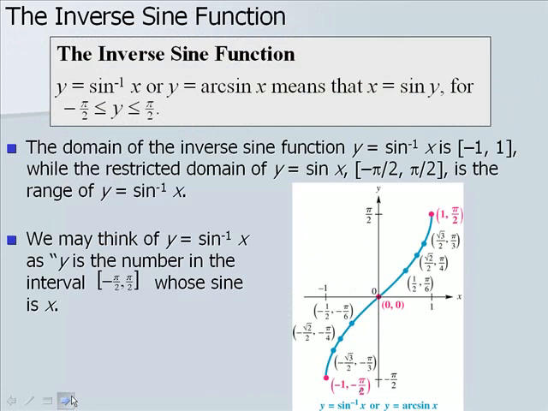With the inverse sine function, we have that y equals sine to the -1, read sine inverse of x, or y equals arc sine of x. This means that x equals the sine of y, for y being values between -pi/2 and +pi/2. So notice that sine inverse of x and arc sine of x are both ways to say our inverse sine function. The domain of the inverse sine function, y equals sine inverse of x, is -1 to 1,